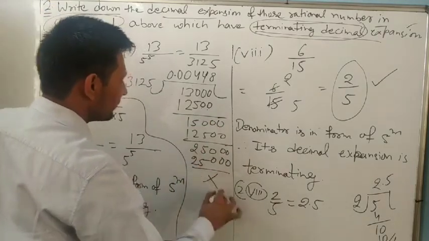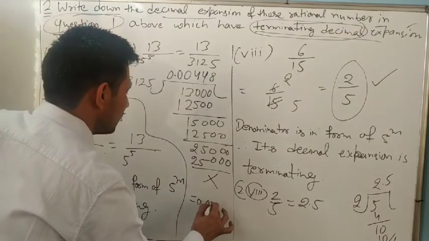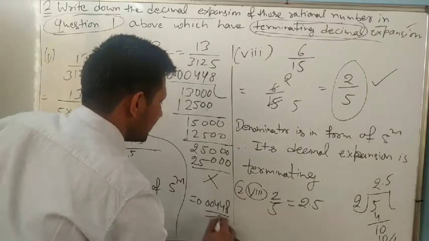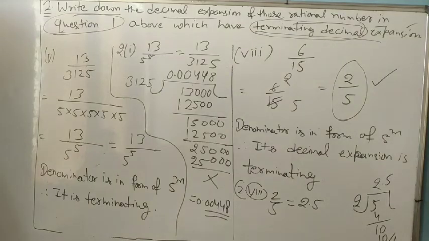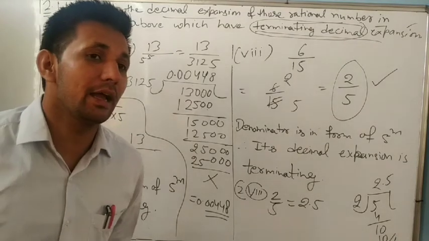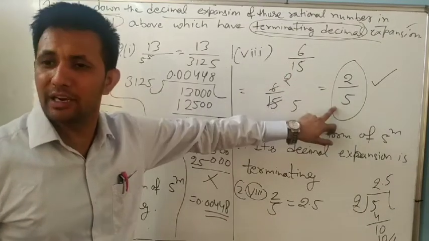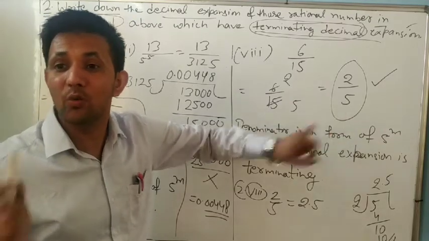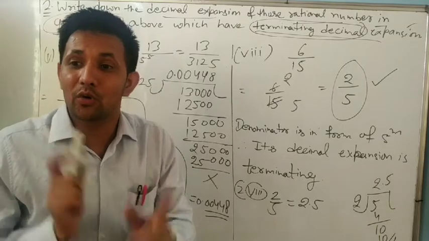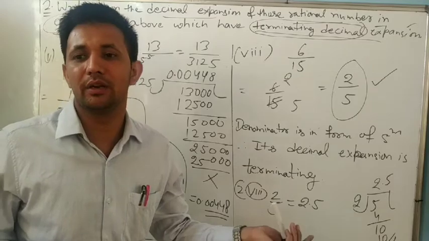Yes. So it means what is the decimal expansion of this one? It is 0.0048. Now one thing you have to remember, maybe sometime a question comes, you have very less time in exam, and an examiner asks you after how many digits, you know it is terminating, okay, but the examiner asks you after how many digits after the decimal it will terminate. So we will check the power of 2 and 5, okay, and which one is greater in 2 and 5? After that point it will terminate.